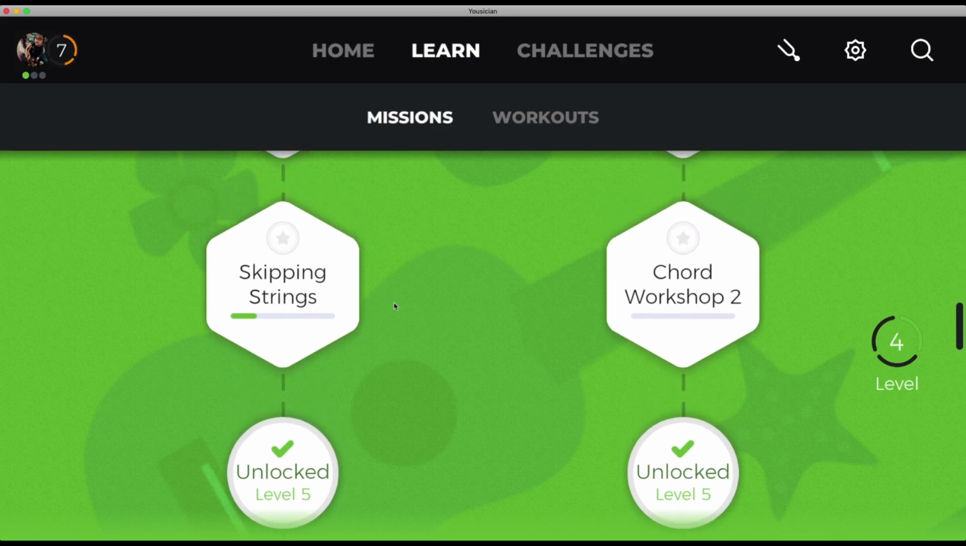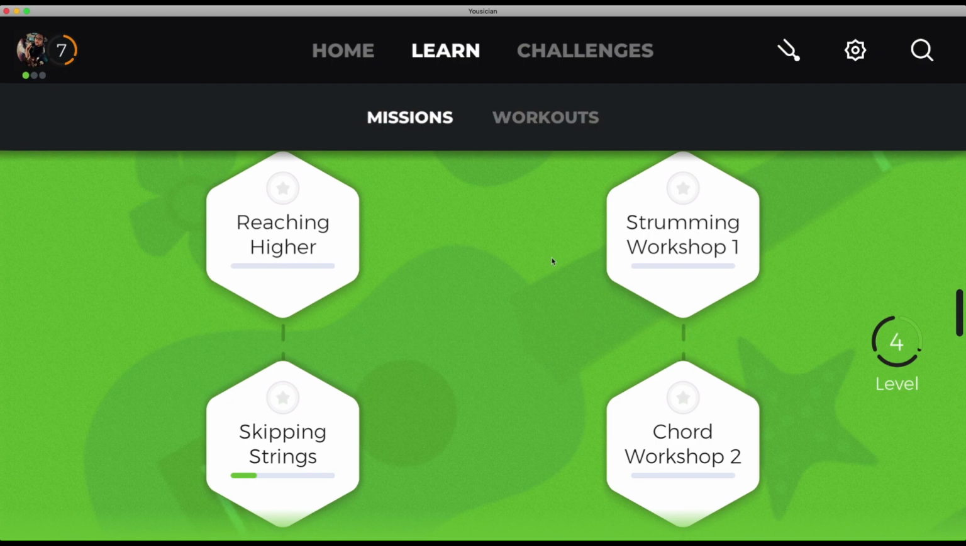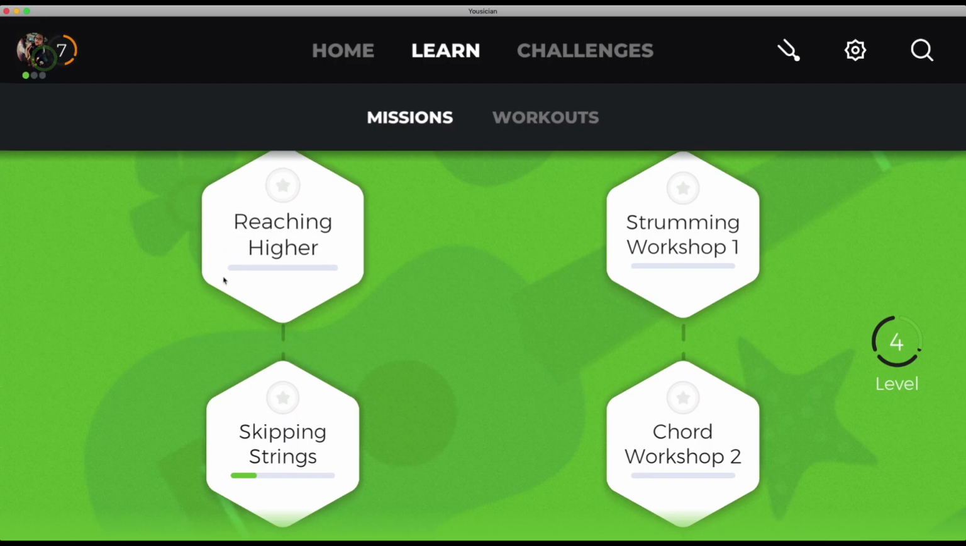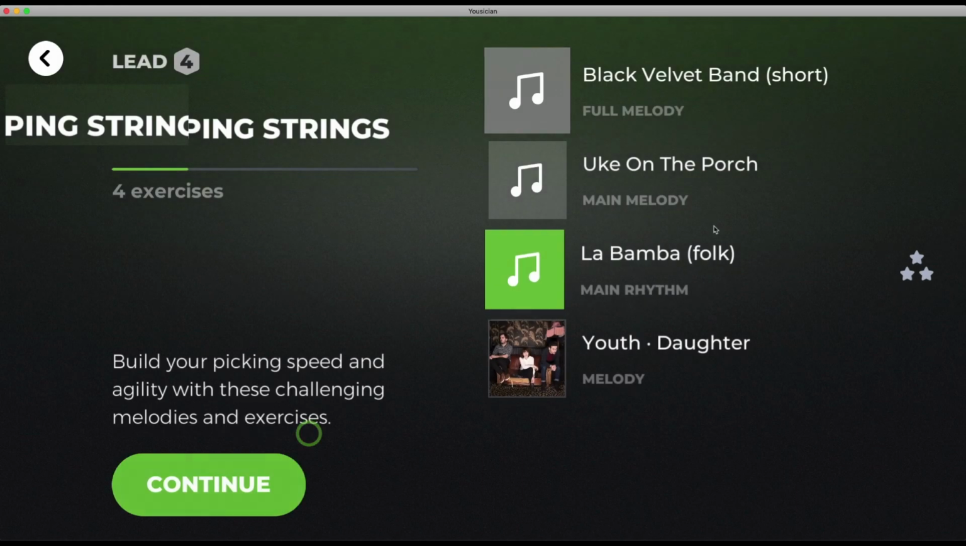As I explained in the previous video, the syllabus is linear. Each level consists of a set of missions, and each mission contains a collection of songs and exercises. The student is required to unlock every exercise and every mission to advance to the next level. This concept is part of the gamified aspect of learning with Yousician, and it can be an excellent goal-setting tool